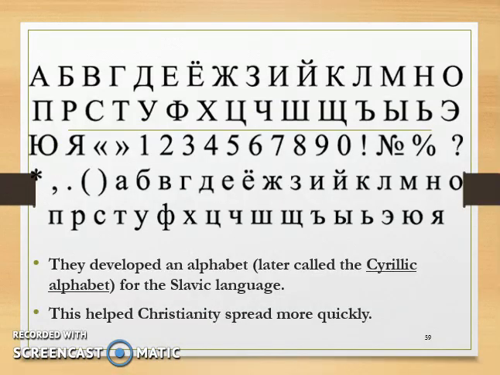They developed an alphabet, which ended up being called the Cyrillic alphabet, for the Slavic language. This helped Christianity spread more quickly. So this language is going to be a way for St. Cyril and St. Methodius to better provide the information about Eastern Orthodox Christianity. A common language is going to allow easier spread of religion. And so they developed this alphabet that is going to allow the easier transfer of information. And the Cyrillic alphabet is named after Saint Cyril, one of the two saints who helped spread Eastern Orthodox Christianity